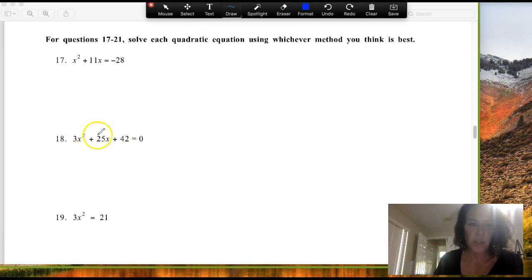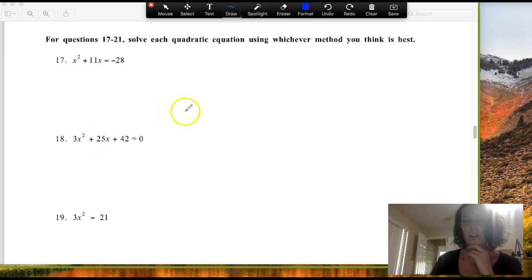Now, factoring is not my favorite here because this is a 3, and 3 doesn't divide into 25, so I can't pull a 3 out. This would be hard to factor. I'd have to do the whole guess and check or break it into 4 thing. I don't like that. These are much easier to factor. So I could complete the square. That is never my first choice. My first choice for this one would be either to use Desmos and see if it hits a perfect point